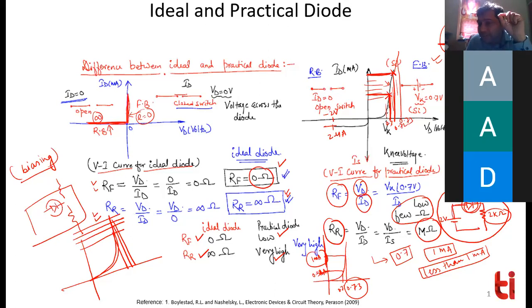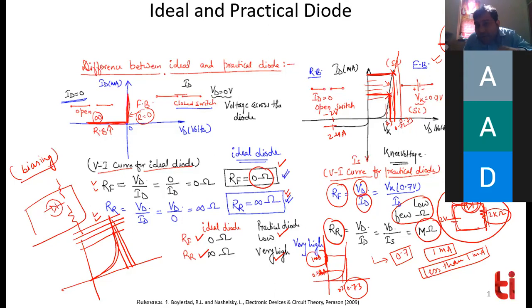So that 1 milliampere current is going to flow like this in the circuit. And at 1 milliampere, what is the voltage across the diode? That is 0.73. So 0.73 will be here and the rest of the voltage will be here, लगभग 1.27 के आसपास voltage will be there. So this is how you can find out. ये तो just मैंने एक example लिया है, ठीक है ना? This is how you can find out.